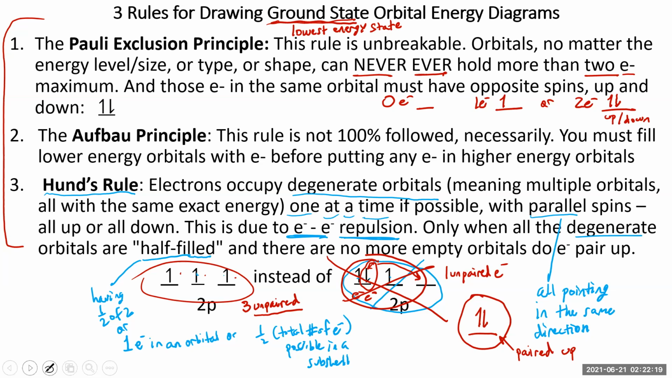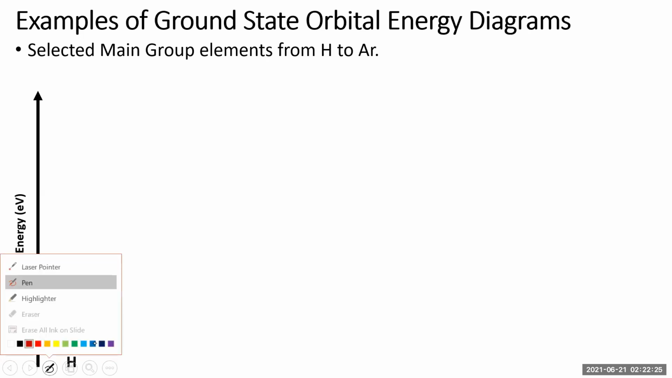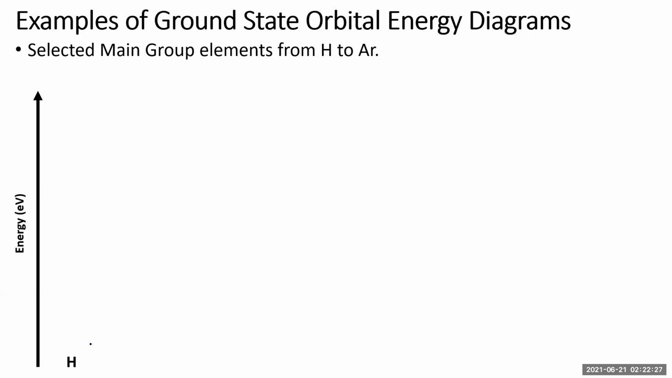Okay, where are we now? Finally, we can get to some actual examples. I'm sure you've been waiting for this. Here we are. So I'm going to select some main group elements from hydrogen to argon. I have not drawn them ahead of time because I wanted you to watch and follow along with me. So now's a good time to pause the video, grab yourself a sheet of paper and walk through this with me. And then once we're done with these next 3 or 4 slides, I want you to go back,